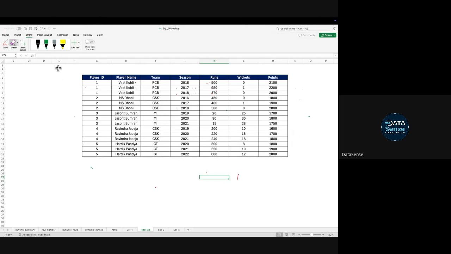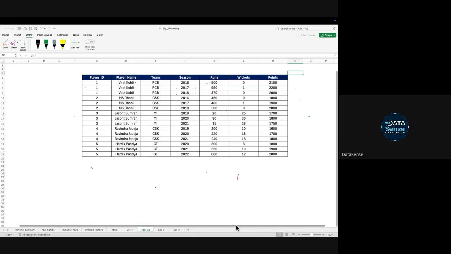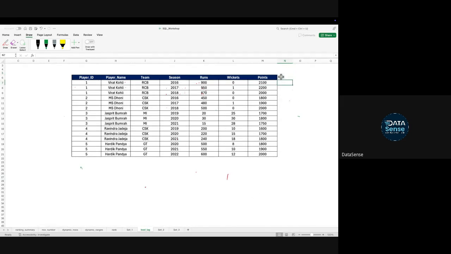Okay, so suppose I want to create a new column that is cumulative points. Let's discuss points. I say cumulative points